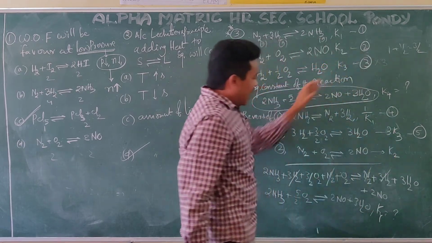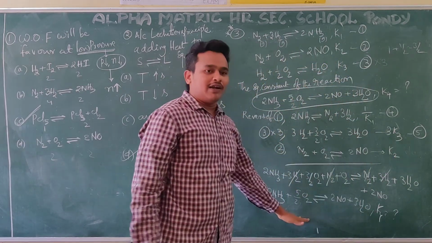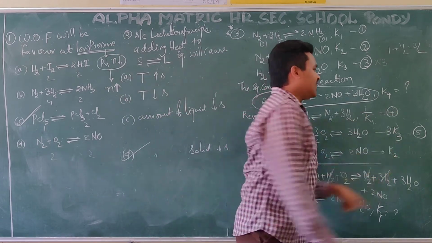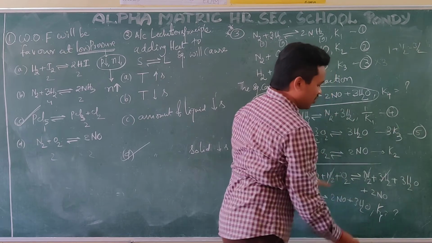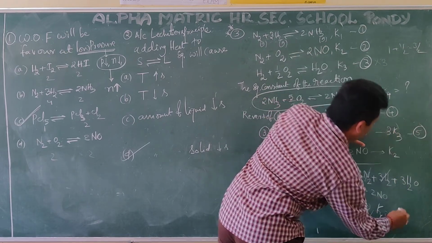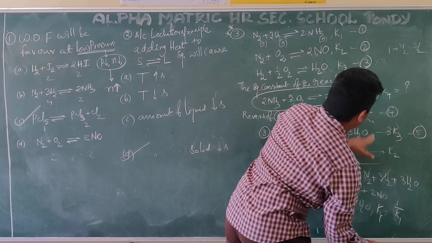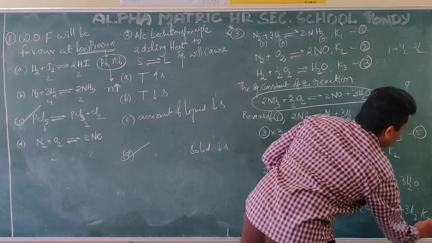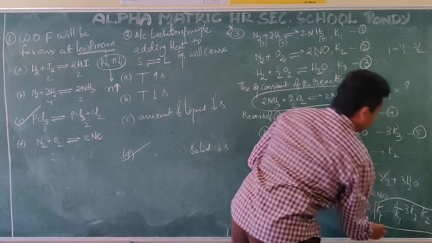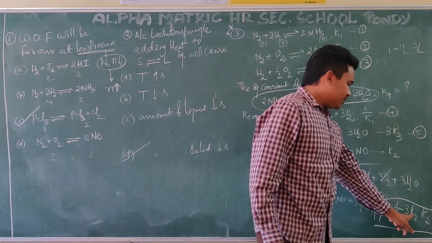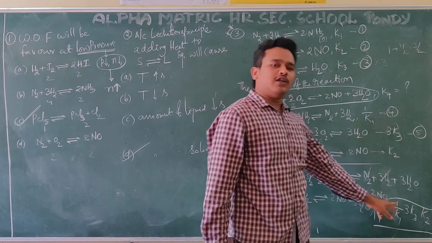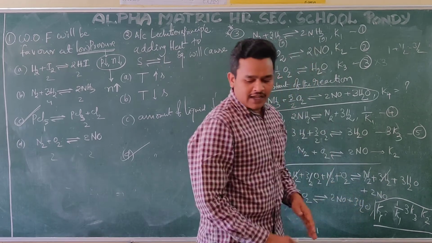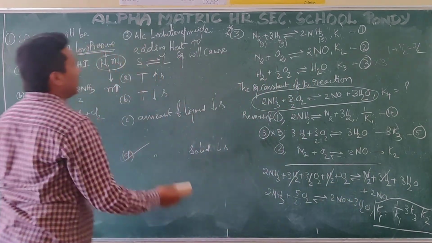What I am doing? I am adding all these equations. I am getting my target equation. When the equations are added, you have to multiply the equilibrium constants. So now K4 is equal to, what to get? K4 is 1 by K1 into 3 K3 into K2. This is our answer. The proper way to write it is 3 into K2 K3 by K1. That is our equation here.